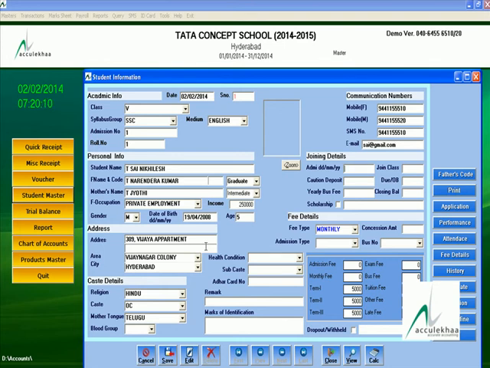And this is the admission date, the date on which he took admission in our school. You have to give the date in this format, 01/06/2000.